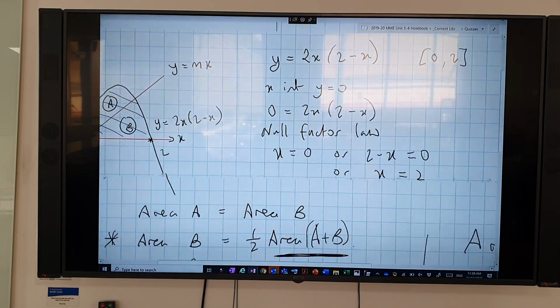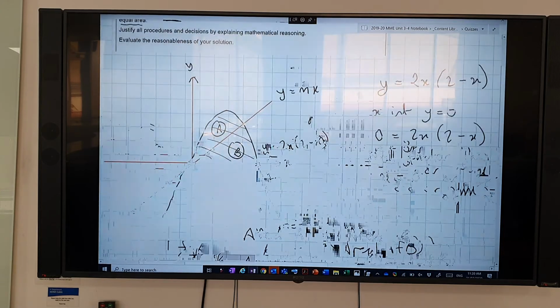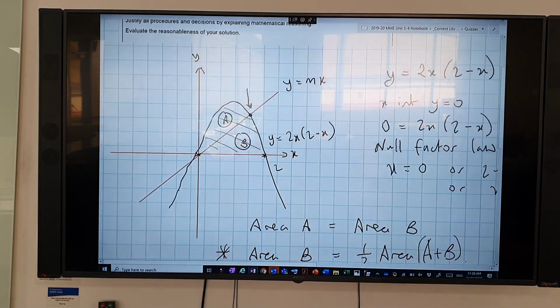So now we've got this. Now the issue is this. Look at this point here. This point definitely isn't 2, is it? No, it definitely isn't. So we've got to be really careful. We don't want to just say that point is 2. That point is basically x along, we don't know how far along it is, and mx up.